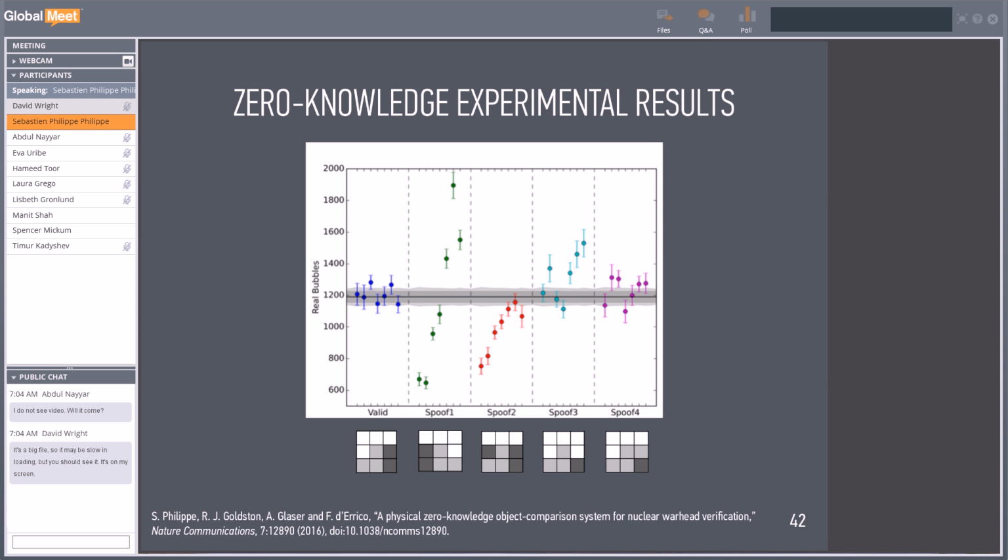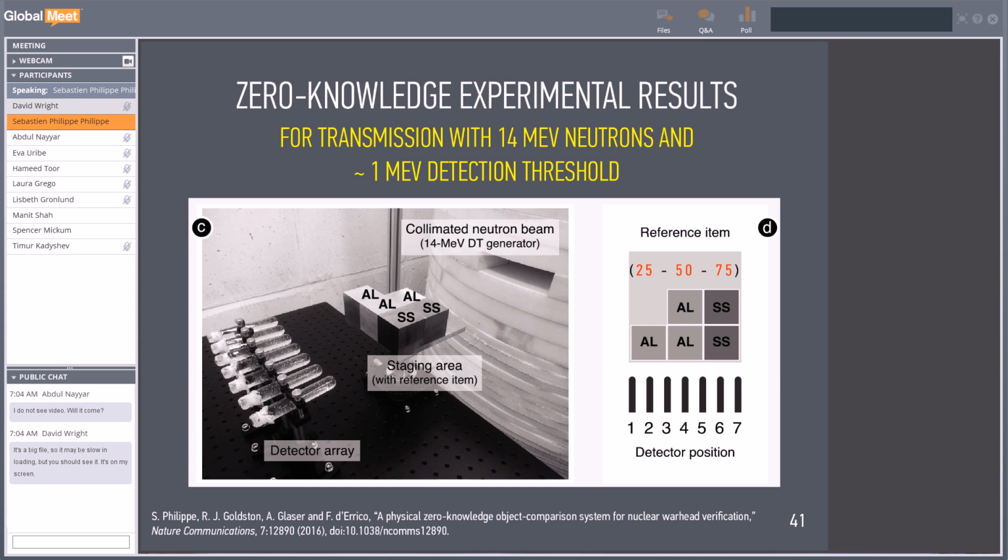So what happened when you do the experiments? And so what I mean here is, I take the reference pattern. I took many radiographs of it. I create the complement image of this radiograph that I load onto the detectors before I do an inspection, and then I bring the item to be inspected,